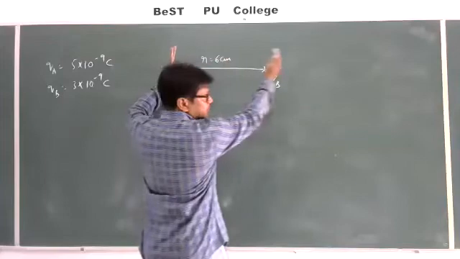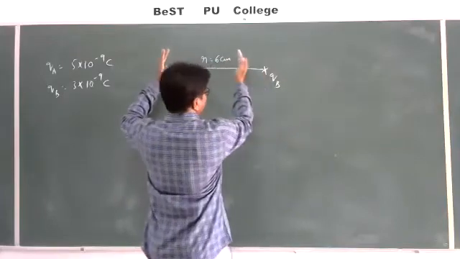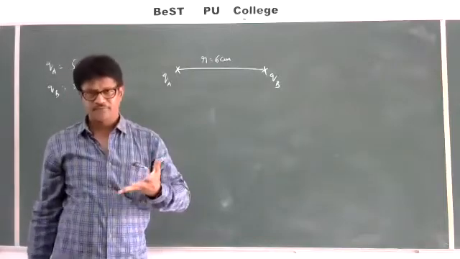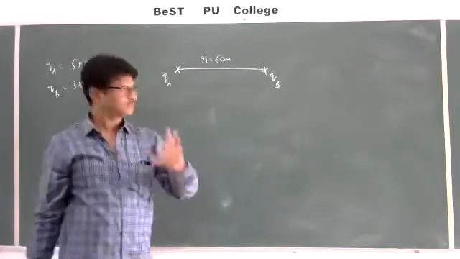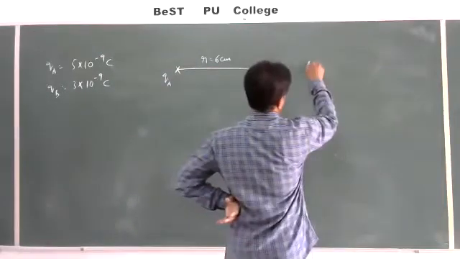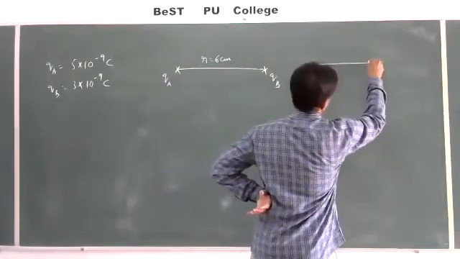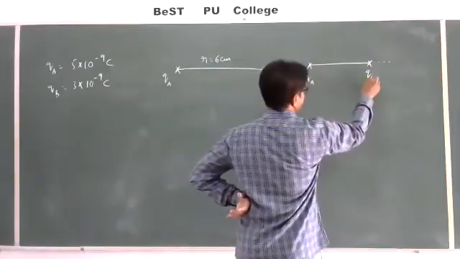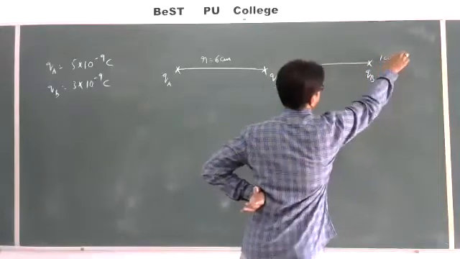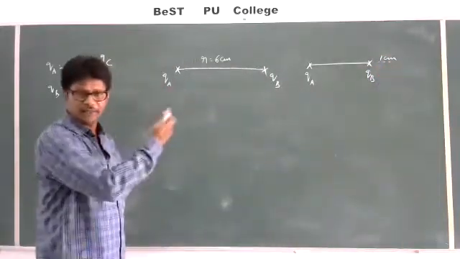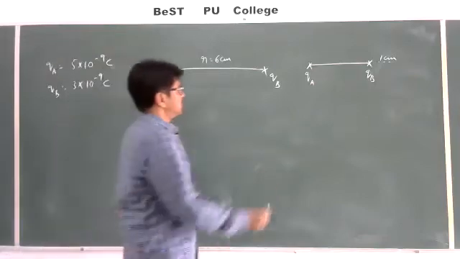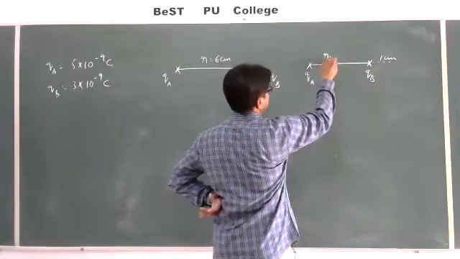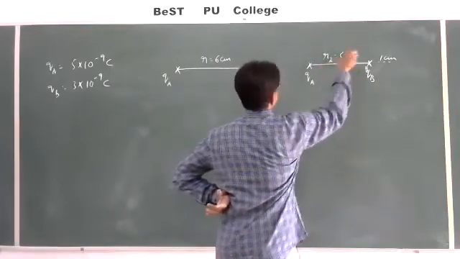So here repulsive force is acting. We are moving against the repulsive force. Definitely some work must be done. He is asking how much work is required. So now what has happened? We moved charge B by 1 centimeter towards A. Then what will be the new distance between the two charges? It is 5 centimeter.